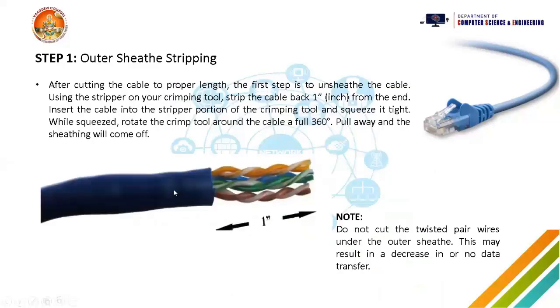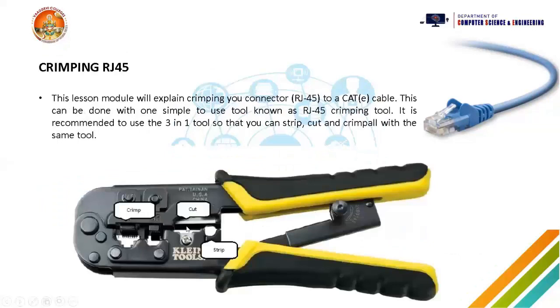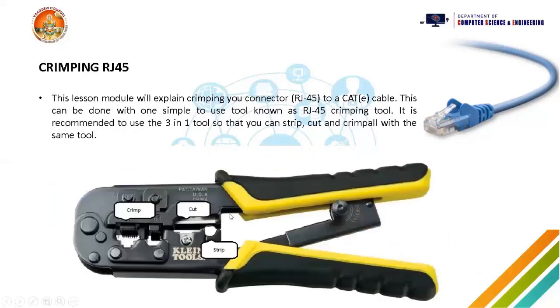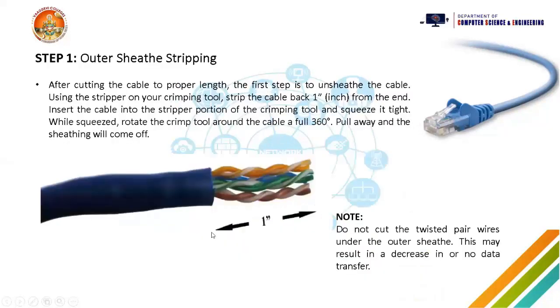Next, when you're taking the twisted pair cable, how do we strip it? First, we need to use the crimper tool and cut the upper part of the wire very slightly, making sure that we are not damaging the cables. After cutting it, we have to keep it in this stripper part and rotate it for a complete 360 degrees. When you're rotating it, automatically this outer layer will shell off, and then you'll find the cables.